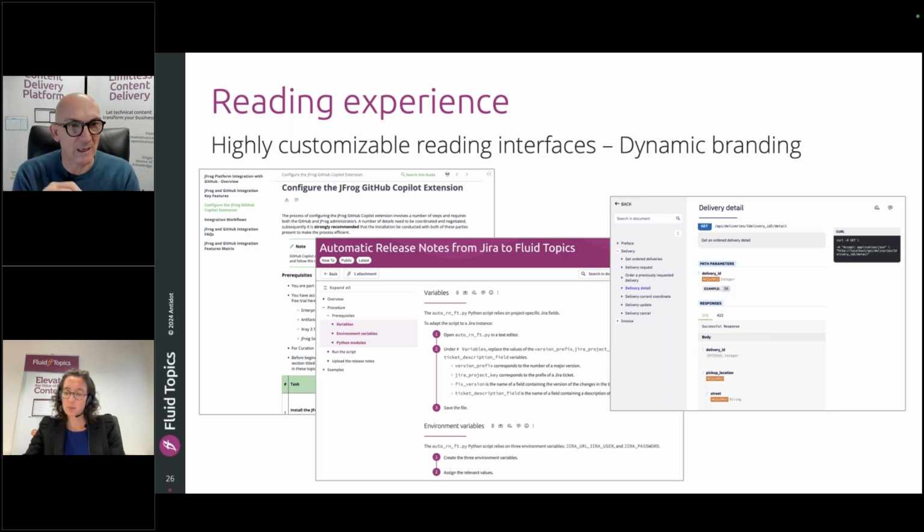Branding it dynamically. So that's a key part of a successful project when moving to a CDP and moving to new TechDoc portals, new touch points, is making sure that you have this capability to create this new wow experience that is really changing the way people access your content and read it.